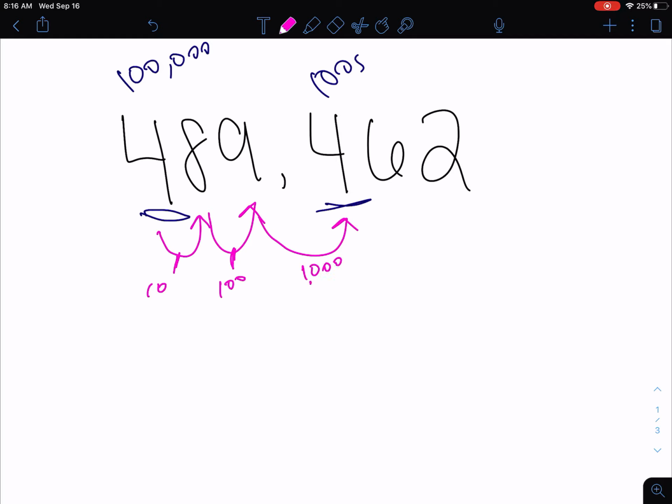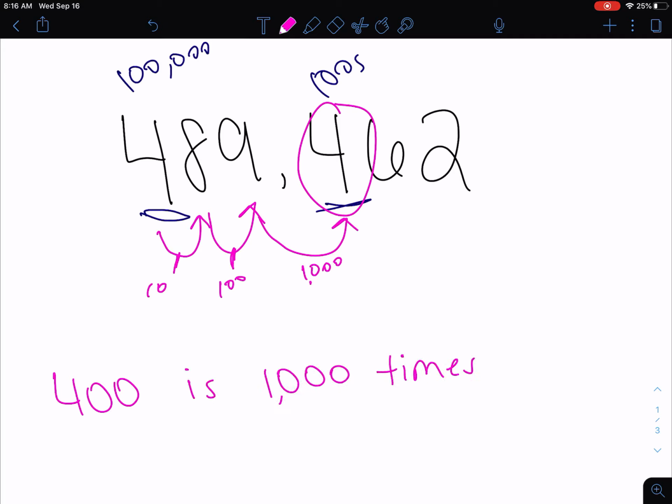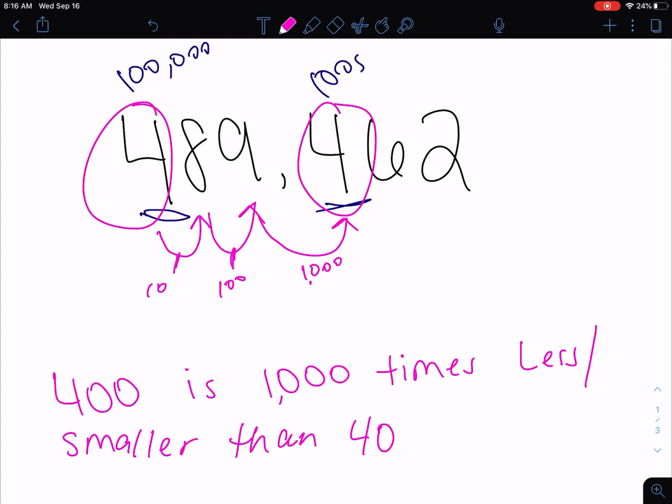So we know that the value of the 4 in the hundreds place is 400, and 400 is 1,000 times less or smaller than the value of the 4 in our 100,000s place, which is